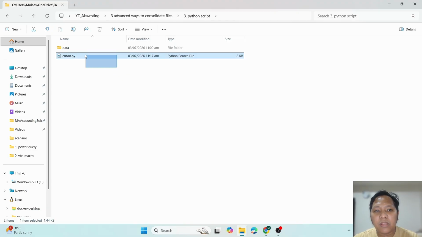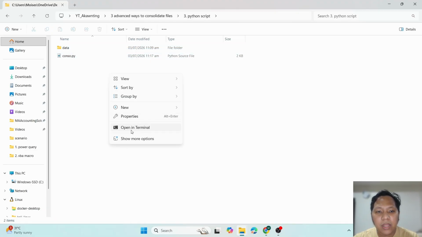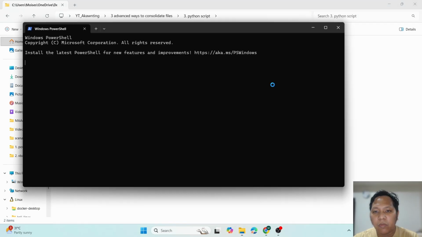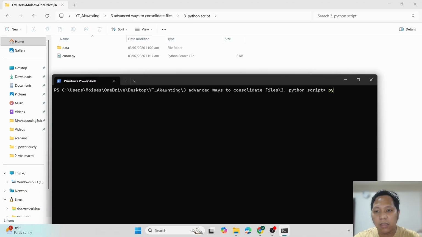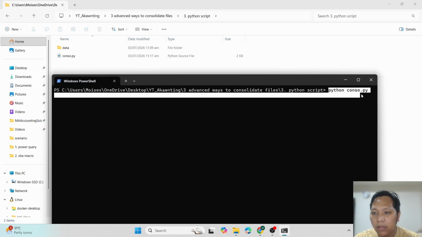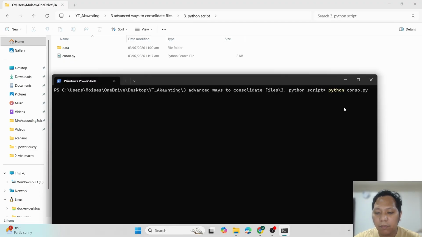I'll also be putting this file in the description so you can download it and use it for yourself. So how do we run this specifically? We run Python script generally by calling its name, so python, and next is the name of the file or name of the script, which is python console.py. Once we press enter, it will execute,